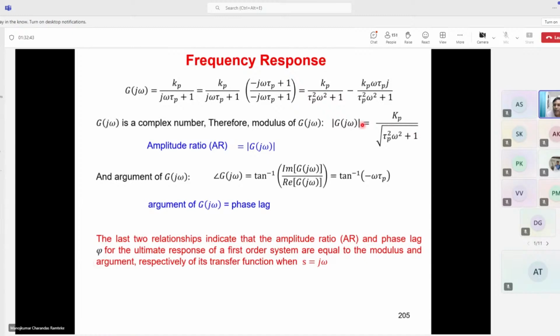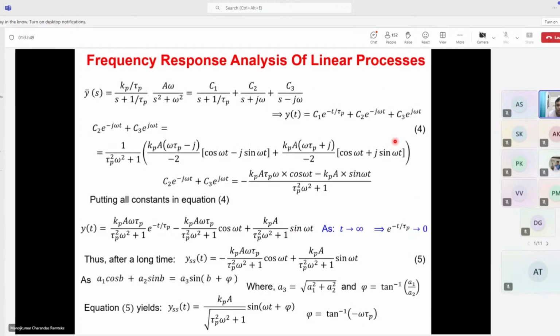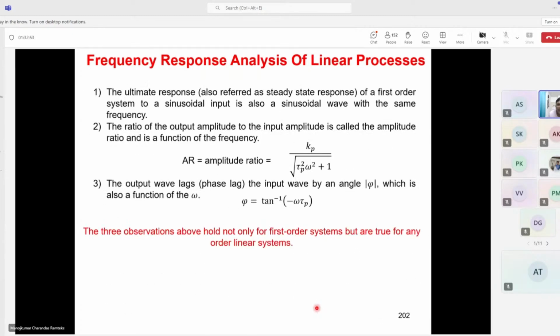So you can see this is the amplitude ratio we have obtained directly. The amplitude ratio we have defined here is Kp divided by under root tau p square omega square plus 1. I have obtained this amplitude ratio directly just by putting s equals to j omega. Similarly, the phase angle